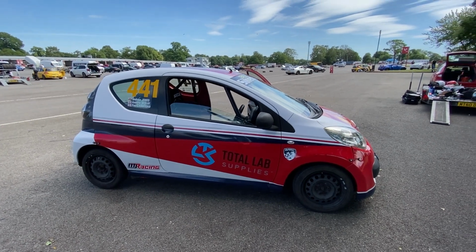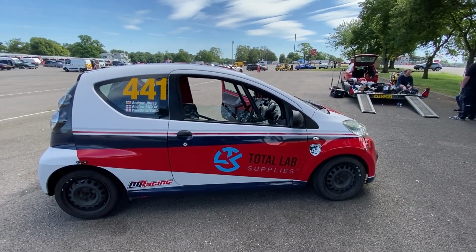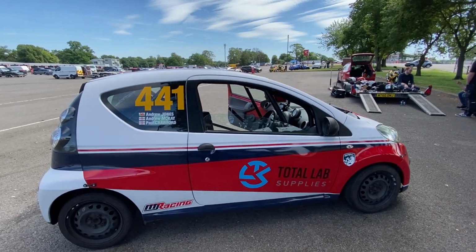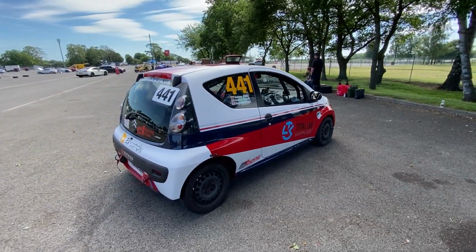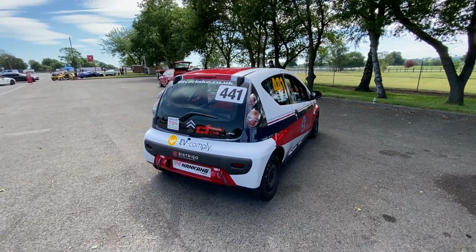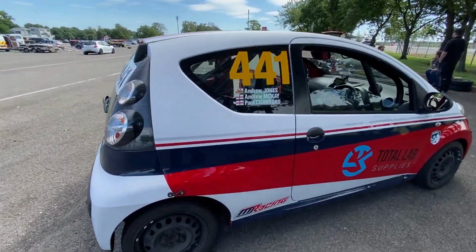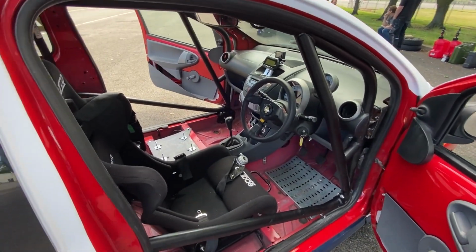Okay, so let's have a quick look at the beast that we've been driving. So here it is, the Citroen C1, to the C1 Club Racing specs. So we'll have a look at some of the changes. As you can see, it is pretty much standard on the outside. Nankang control tyres, no kind of bodywork changes, etc, etc. So the outside's pretty boring, to be honest,